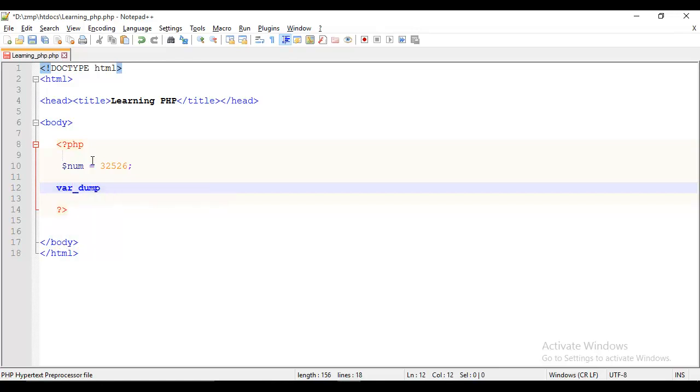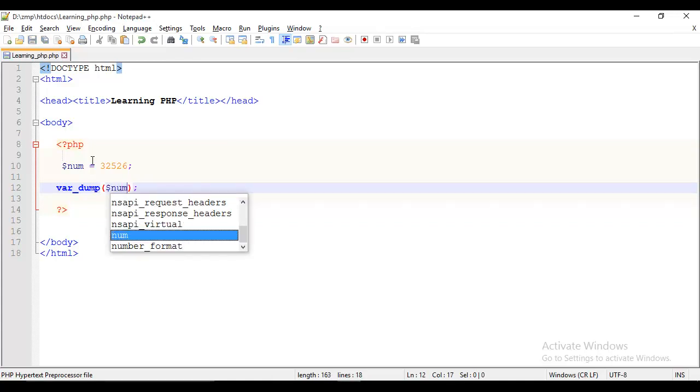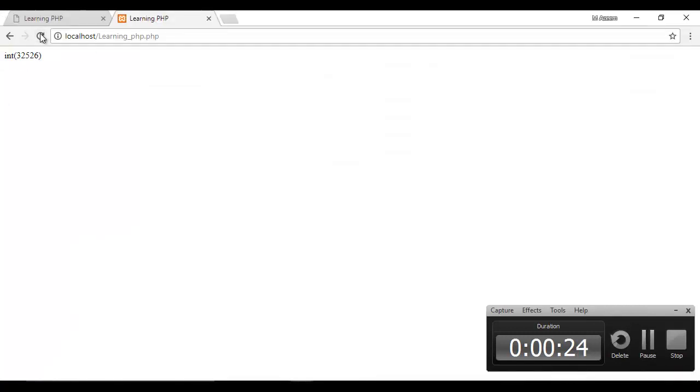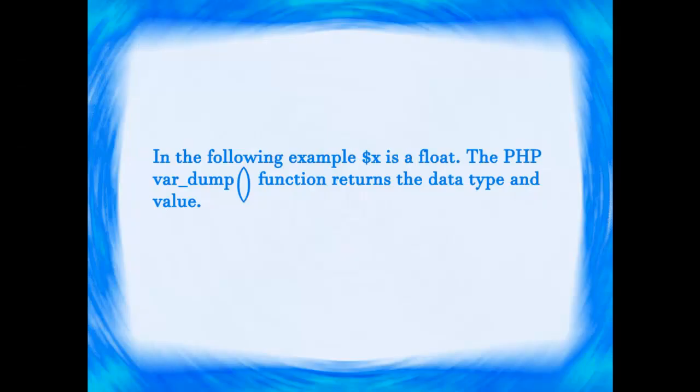The next thing is the float. A floating point number is a number with a decimal point or a number in exponential form. In the following example, $x is a float variable, and the PHP var_dump function returns the data type and the value of this variable.